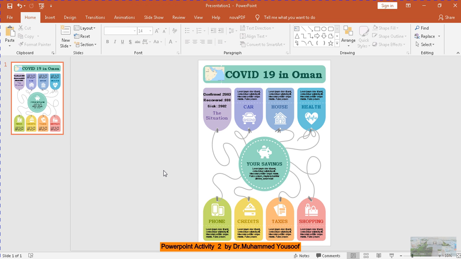Can you see now here the situation in Oman with regard to this particular COVID-19 is given here. Confirmed cases, how many are sick and how many have recovered from that disease. Okay, that's the first point. Now here you want to change all these things. So you can remove this picture if you don't like, delete this picture. Here you can put your own words. Okay, for example, you can write down